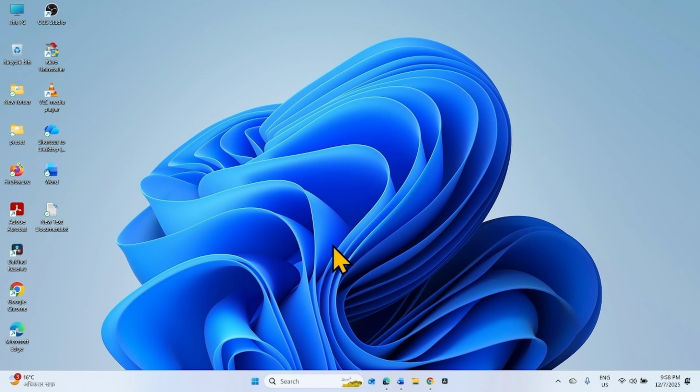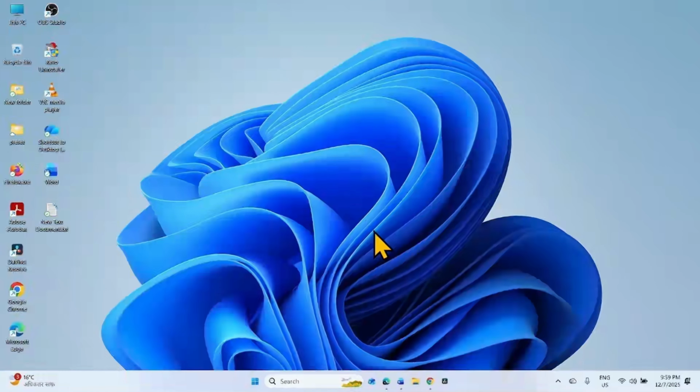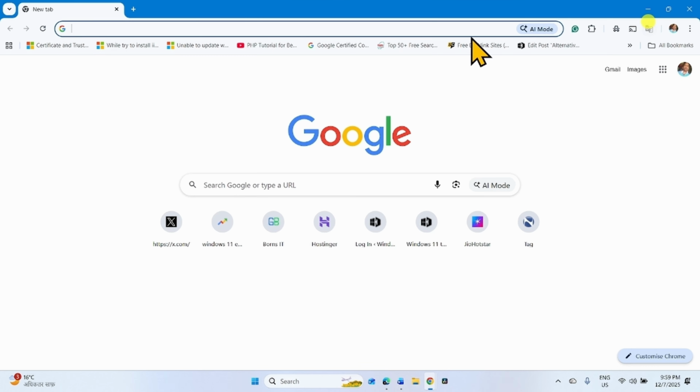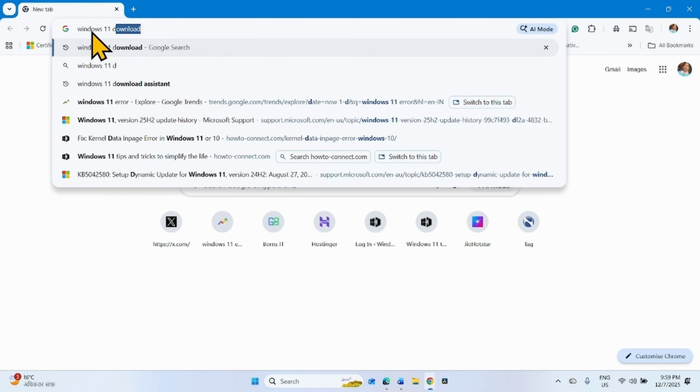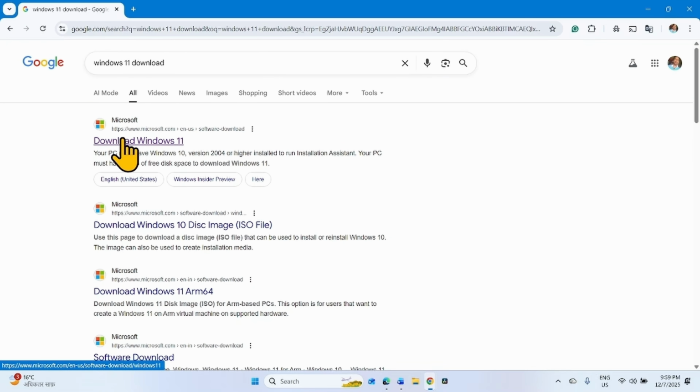If this method doesn't work, follow the all-in-one solution, clean install. This method works in almost all the cases. So perform clean install, launch a browser, type Windows 11 download, press enter, click on download Windows 11,